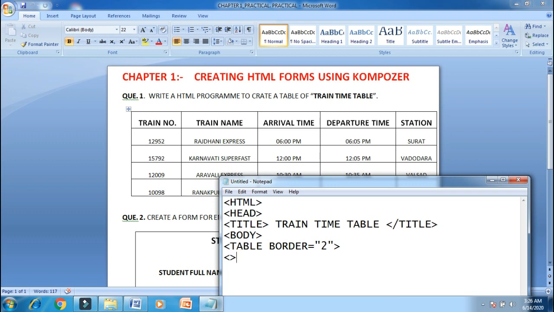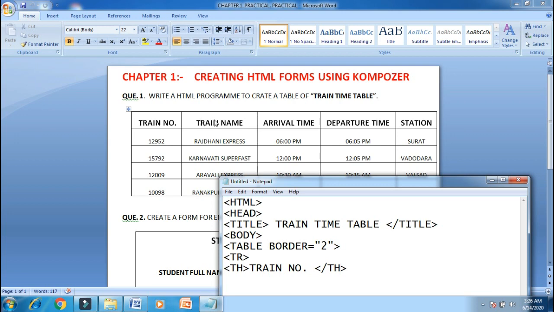In the first row, that is tr, which is called table row, inside that this is the heading, train number. So I am writing th, which means table heading, and then train number, and close the th tag, because the first row, first column is completed.